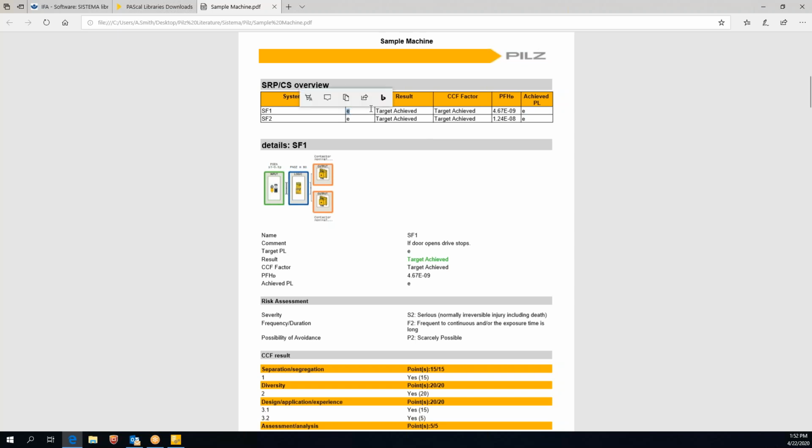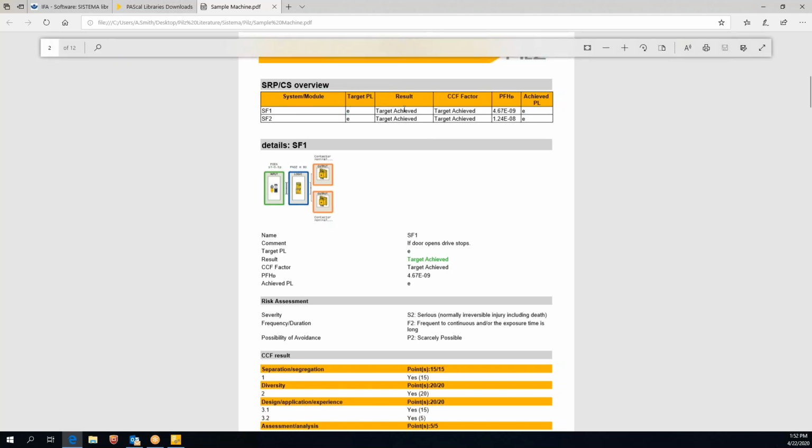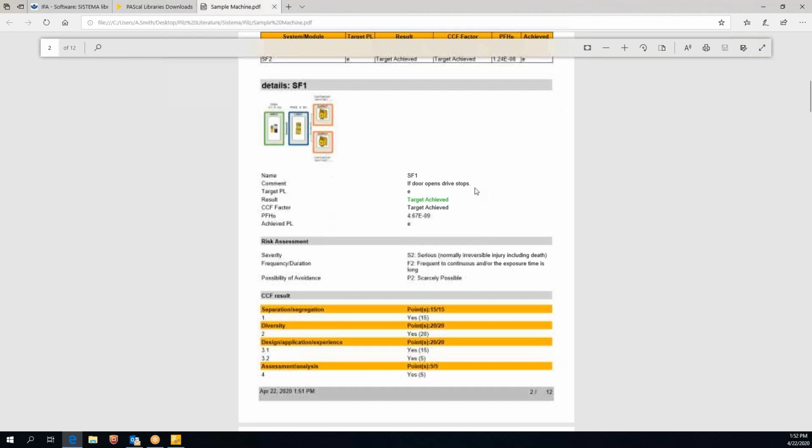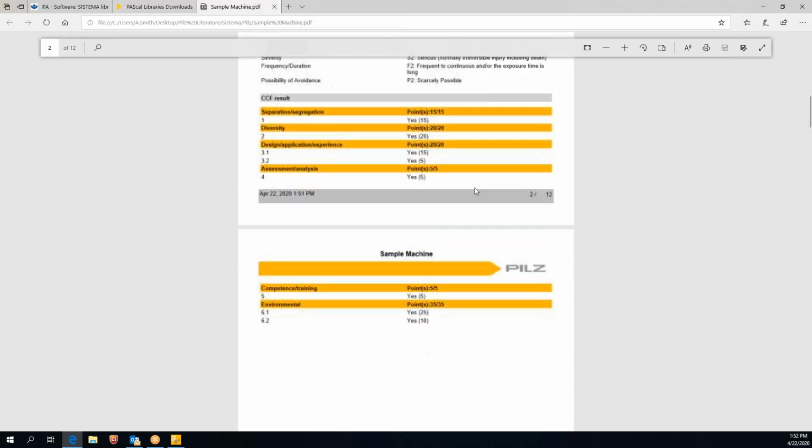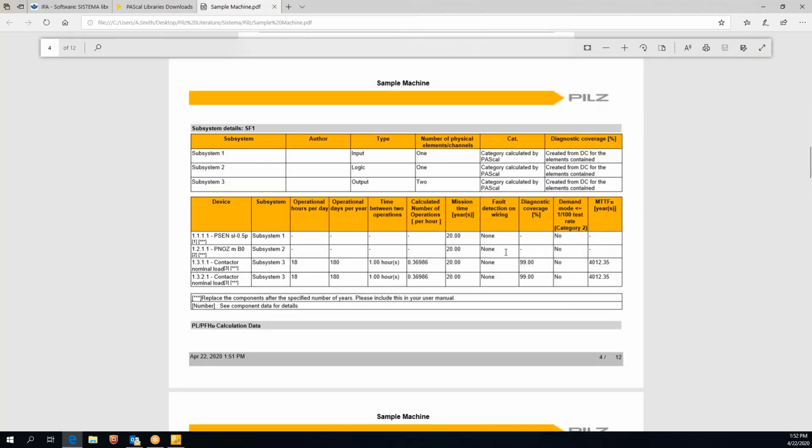Obviously, my target was PLe. I achieved that target, and it tells me everything and why I was able to achieve that target. Some of the more particular information about the components can be seen down here. For example, you remember when I had to enter the time between 2 operations for the contactors, all that information will be provided for you at the bottom of this report.